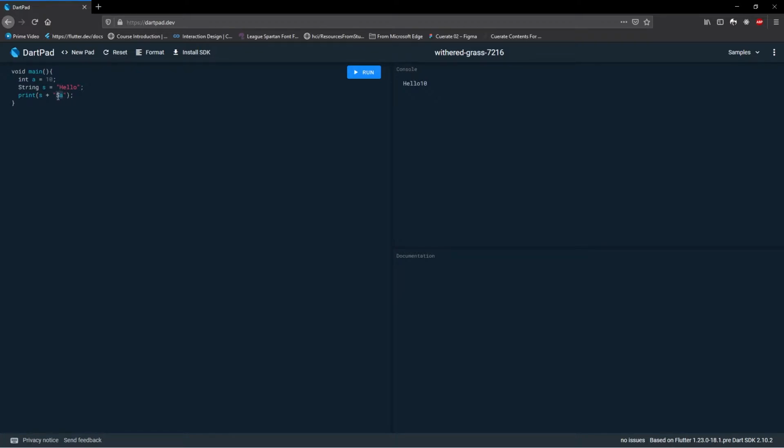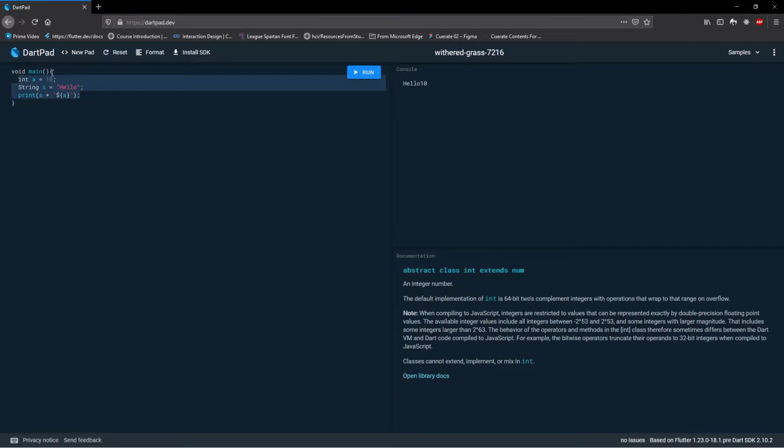But here, instead of having a string inside, you're going to use the dollar notation. If there's a complicated expression, you can do it like this as well. This is also correct. So if we hit run now, it prints hello 10.